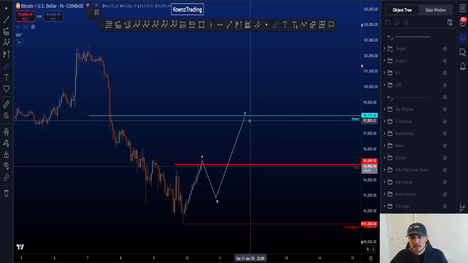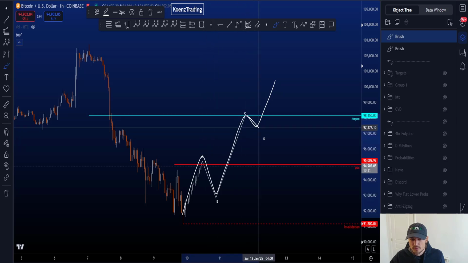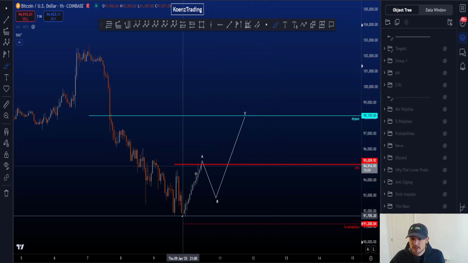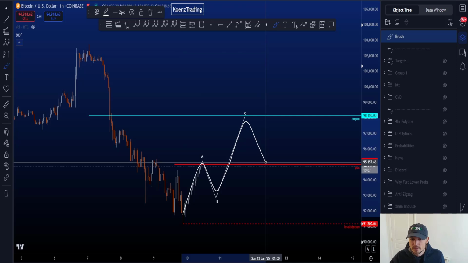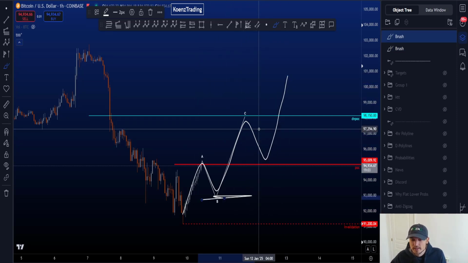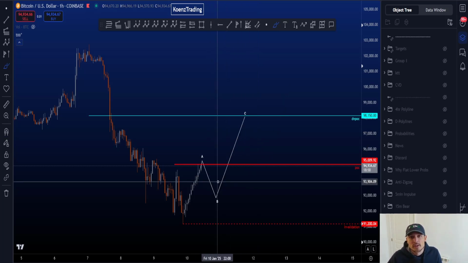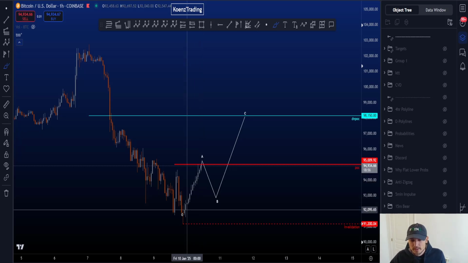For the bears and of course for the bulls, they want to have another 4, 5, as you would count 1, 2, 3, 4, 5, or potentially 1, 2, and then another 1, 2, right? You don't want to break the structure, basically. That is very important. Now for the bears, in the WXY scenario, you would look for an ABC, so a